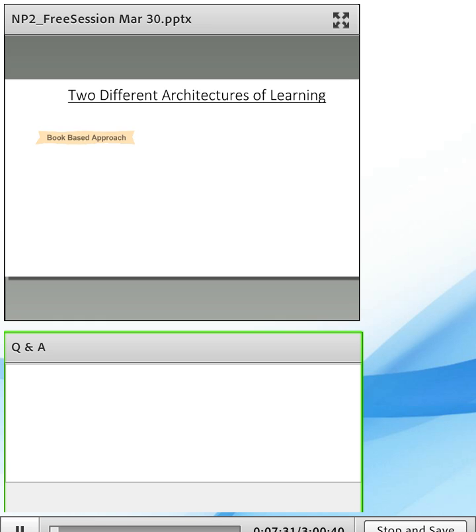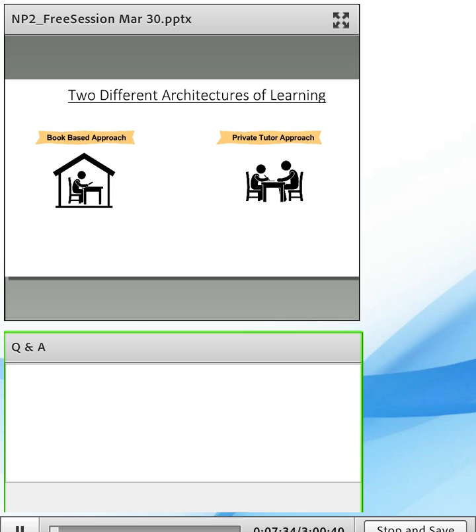There are two dominant architectures that exist today. One is what we call the book-based architecture, and the other is a private tutoring-based architecture. When you look at a number of the prep courses out there, yes, they do offer audiovisual instruction, and yes, they do offer support, but their core architecture, their principle of course design, is built on this book-based approach. Whereas when you evaluate the way we have architected our technology platform, our courses, and the way we collect and give you feedback, you're going to find that e-GMAT is built a lot more around this private tutoring-based architecture.